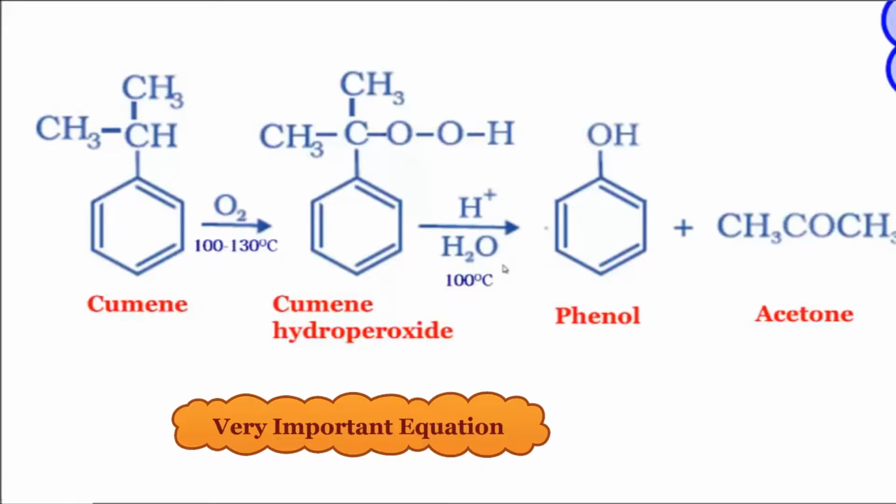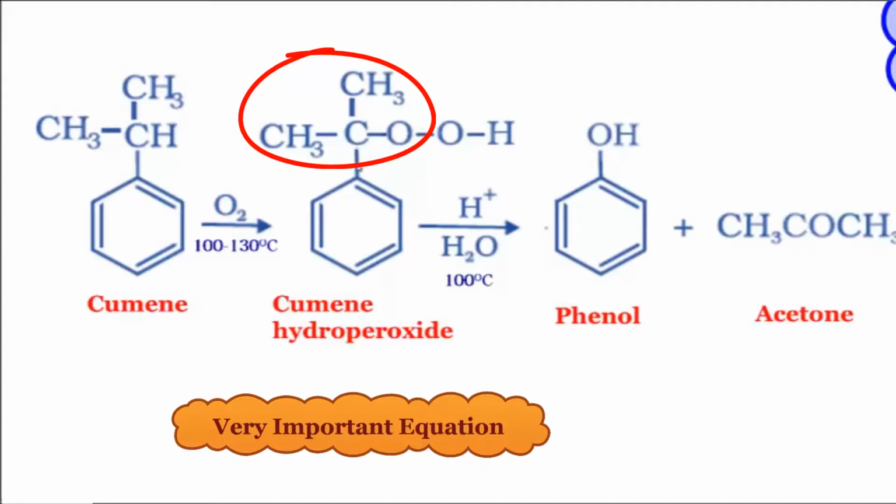This upon further acidification at about 100 degrees Celsius, either by taking H2SO4 or dilute hydrochloric acid, we will be able to carry out the process of acidification. So when we do this, what actually happens here is that the bond between the benzene ring carbon atom and this carbon atom of the isopropyl group, this bond cleaves and these two will get separated. Again there is one more cleavage here between this oxygen and this oxygen. So now this entire molecule gets separated.